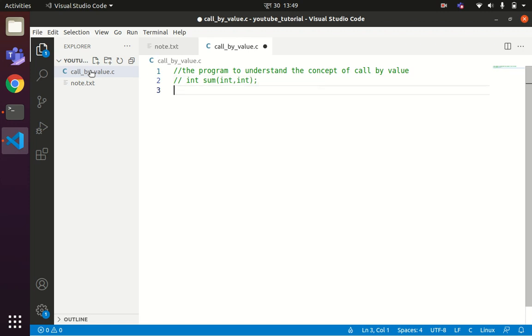So the program that I will be writing now will have this prototype function. So let us declare one header file, then define one main function.